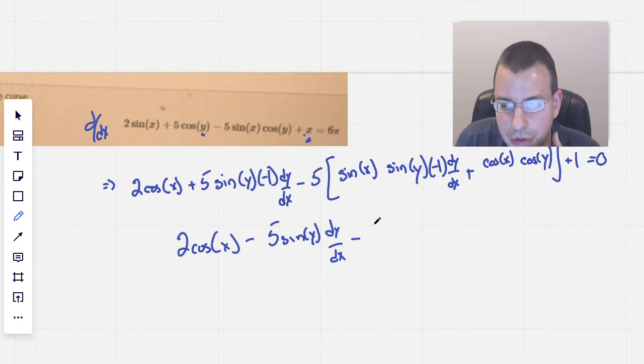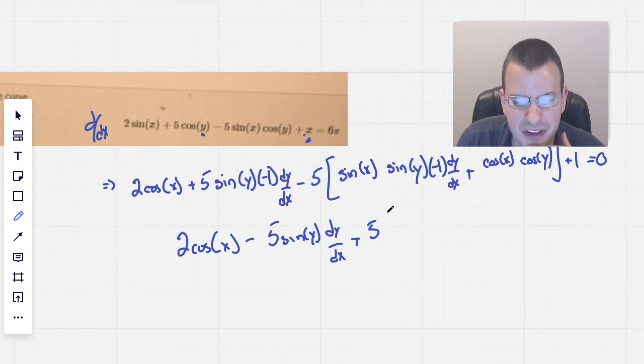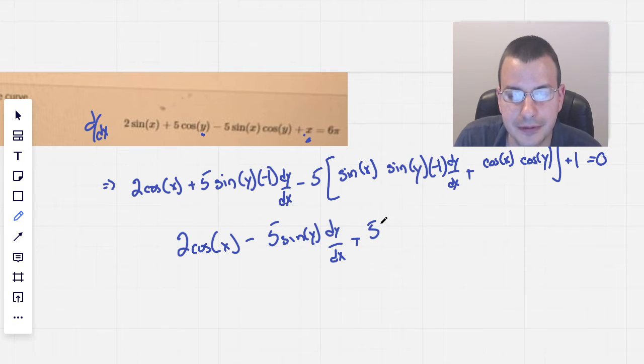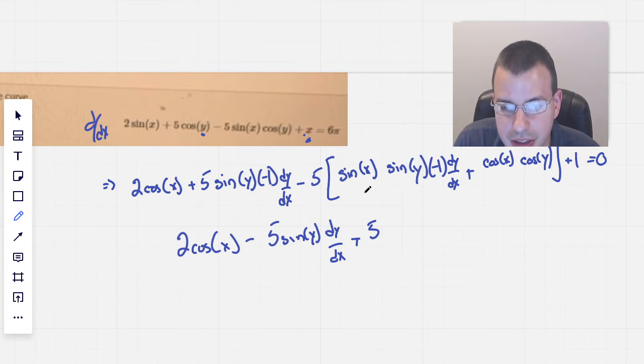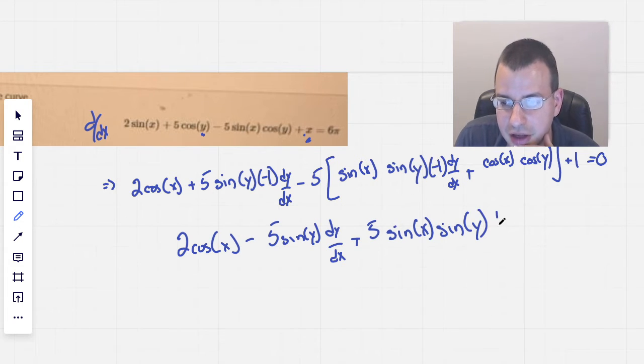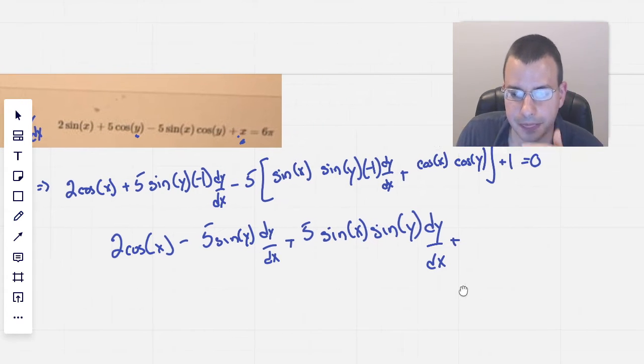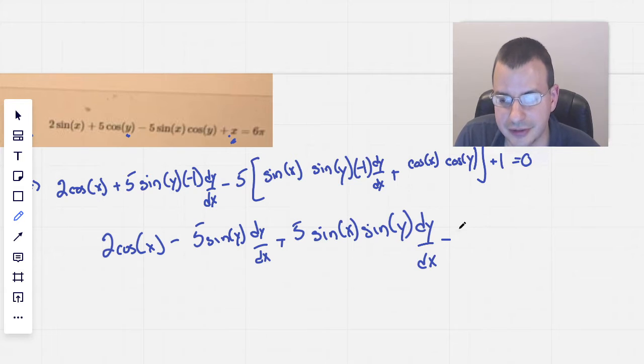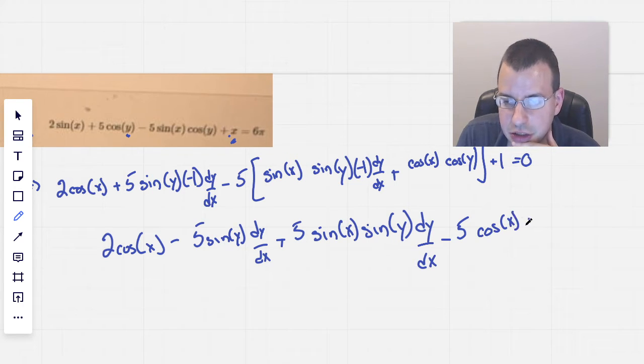Then we have plus 5 sine of x sine of y, the negative is already taken care of, and we still have a dy dx there, also important. Then minus 5 cosine of x cosine of y, because I distributed the 5,